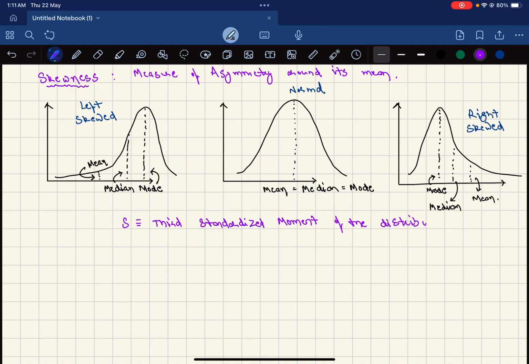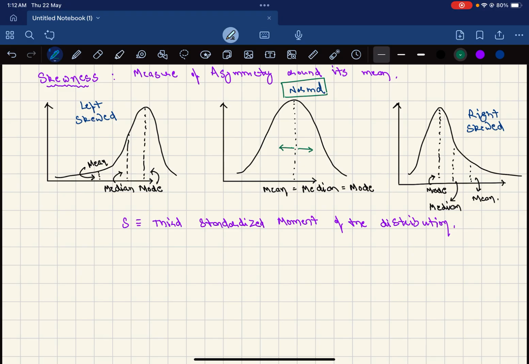Okay, so now before moving to deriving the skewness of exponential distribution, what we'll be looking at is these three charts here. Since we are defining skewness as the measure of asymmetry about its mean, we first take an example of a normal distribution, that is the middle graph here. A normal distribution, which we'll be looking at in more detail in later sessions, is a kind of distribution that is symmetric about its center. As we can see, if we go towards the left of the center and right of the center, the distribution is exactly equal to each other.